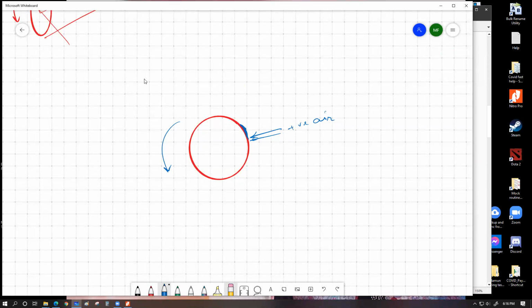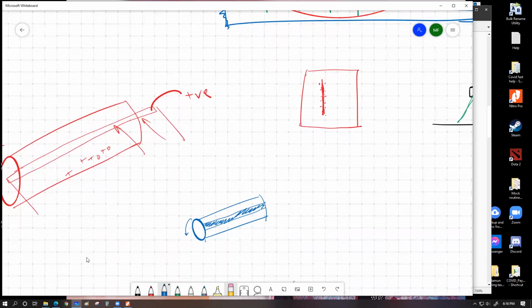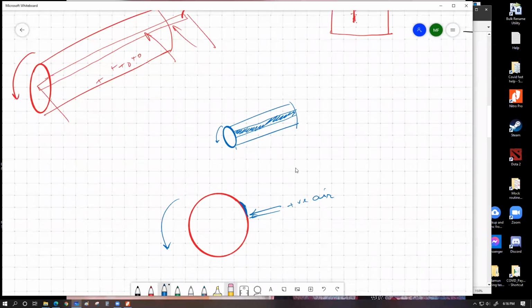If I try to show you this in a three-dimensional view, let's say this is the selenium piece, and we're flowing air over here over a thickness of this much. This much thickness of selenium coating is always becoming positively charged, and this thing is rotating on the left, and we are continuously flowing in the air. That air is continuously making the selenium coating uniformly positively charged. That's the first thing. The second thing is that